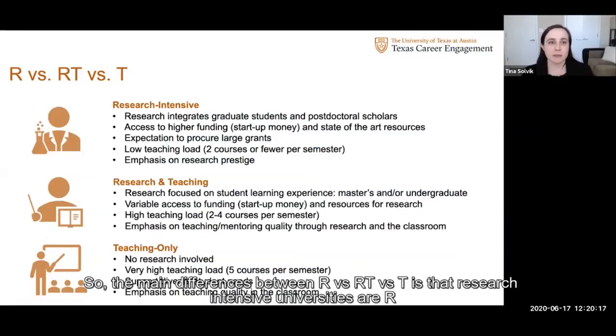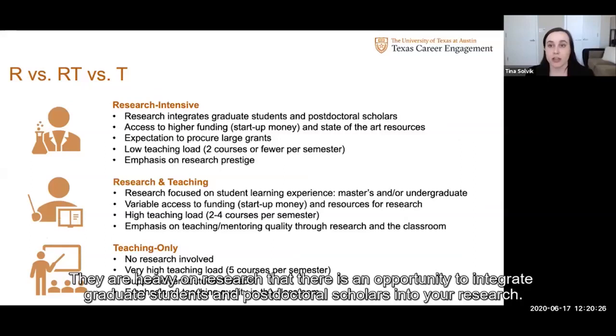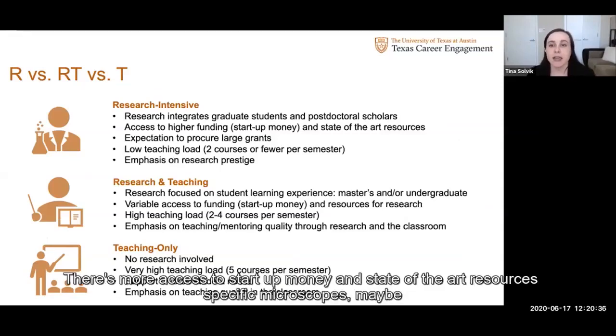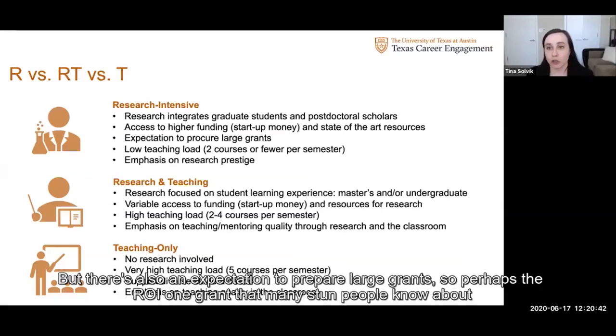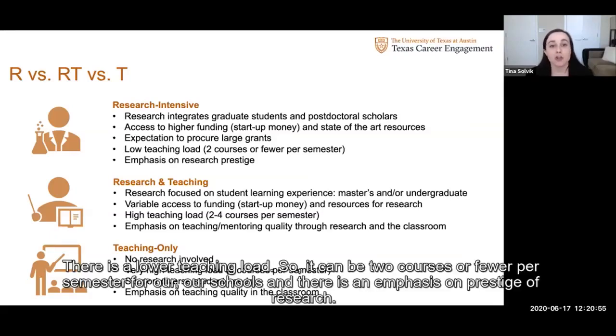So the main differences between R versus RT versus T is that research-intensive universities are R. They are heavy on research, and there is an opportunity to integrate graduate students and postdoctoral scholars into your research. There's more access to startup money and state-of-the-art resources, specific microscopes maybe, but there's also an expectation to procure large grants. Perhaps the R01 grant that many STEM people know about, you need to secure a lot of extramural funding to support your research at that high of a level. There is a lower teaching load, so it can be 2 courses or fewer per semester for R schools, and there is an emphasis on